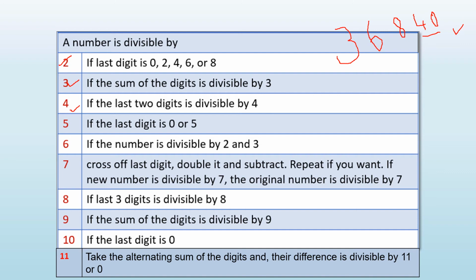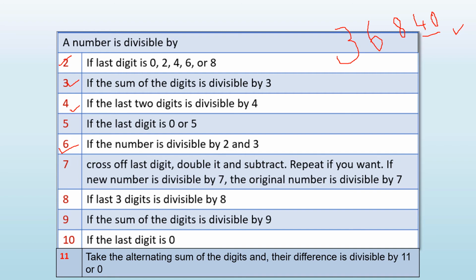No need to divide the number by 5. Next we will move on to the divisibility rule of 6. Here we have to check the divisibility rules of 2 and 3. Whether it is divisible by 2 and 3. These two rules are satisfied, because 0 is an even number, and if you sum the digits, you get 21, so it's a multiple of 3. So both the rules, 2 and 3, are satisfied. So no need to divide the whole number by 6. You just check the divisibility rules of 2 and 3. If they are satisfied, then that number is divisible by 6.